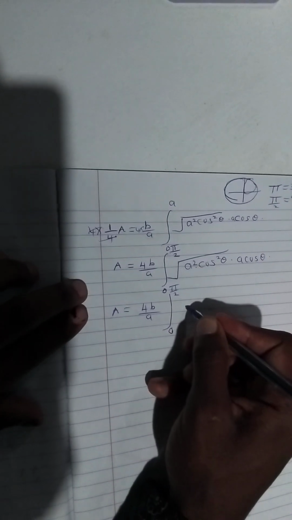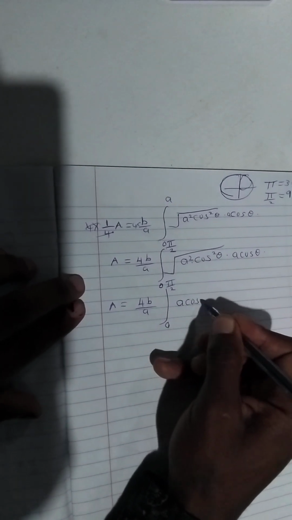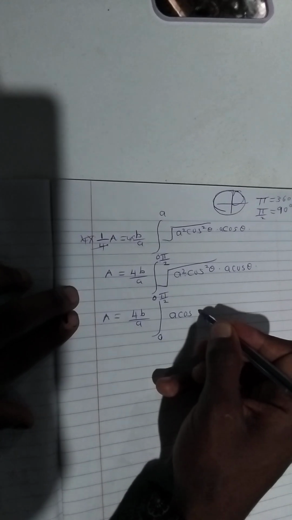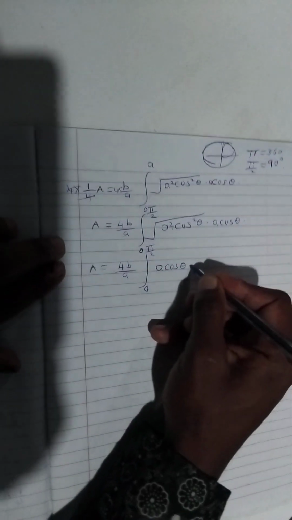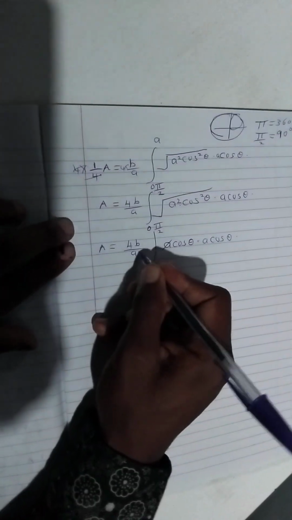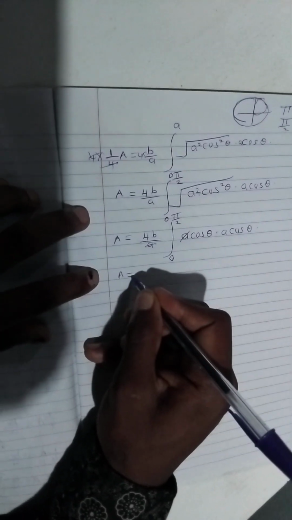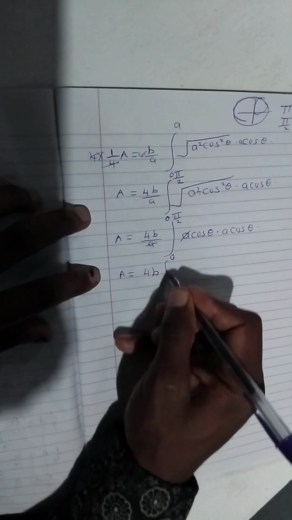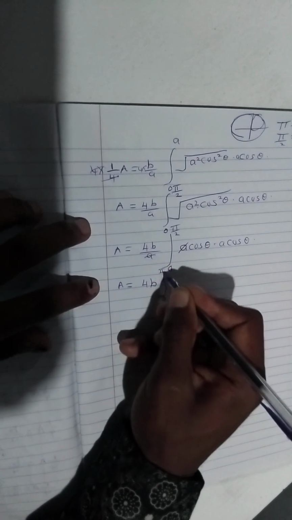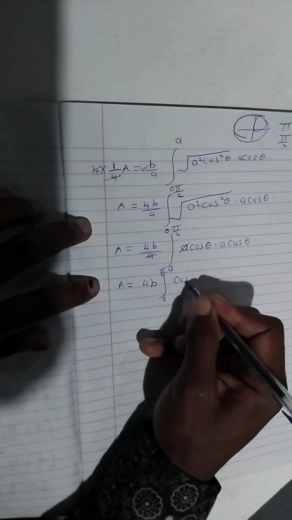Find the square root. This will be a cosine. Now the square root of cos squared is cosine theta, then multiply by a cos theta. This a can cancel this, then we have a, which is equivalent to 4b, integrating from 0 to pi all over 2 of cosine theta